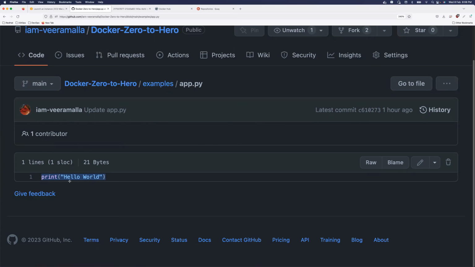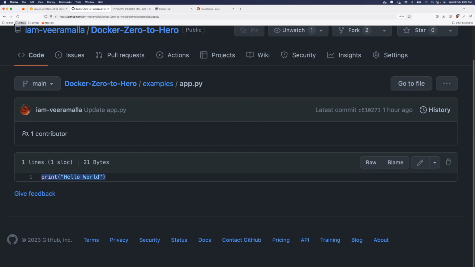Now if somebody wants to run this Python application on a virtual machine or an EC2 instance, what will be the steps? Firstly, they have to create an EC2 instance and select a virtual machine image. Even on their laptop, they have to install Python, then install pip, and all the required dependencies. This is just a hello world, but if it has other requirements, they have to install all of them. Then they have to ensure that Python 3 is working, because on some platforms they might have some issue with Python 3.